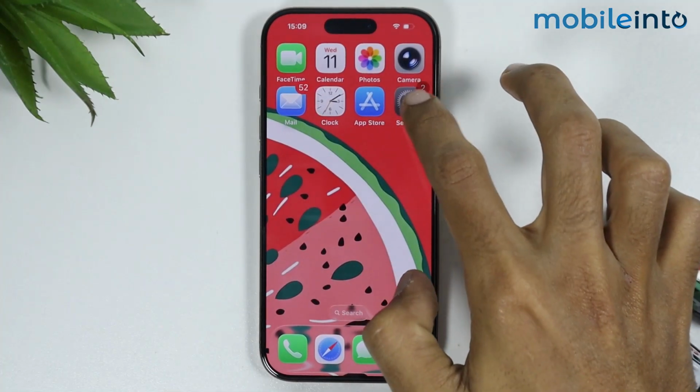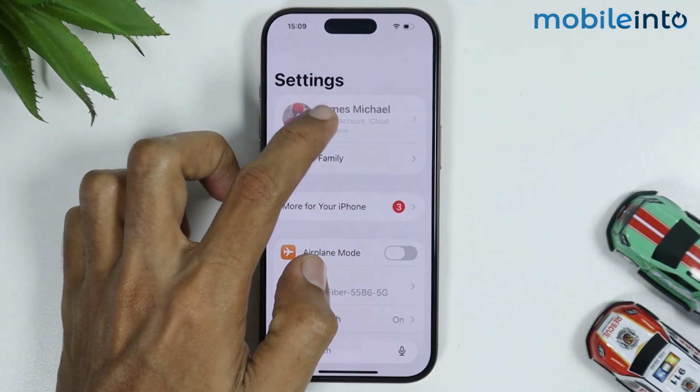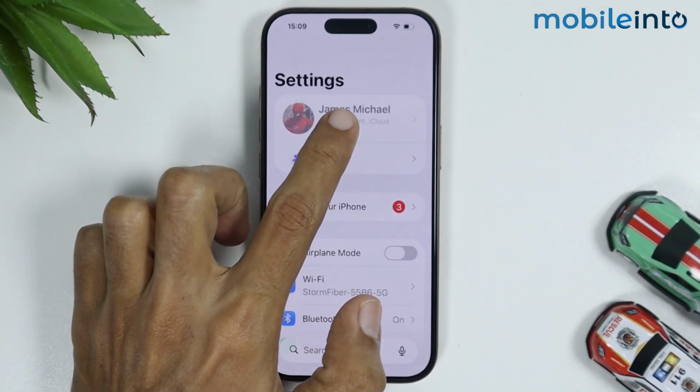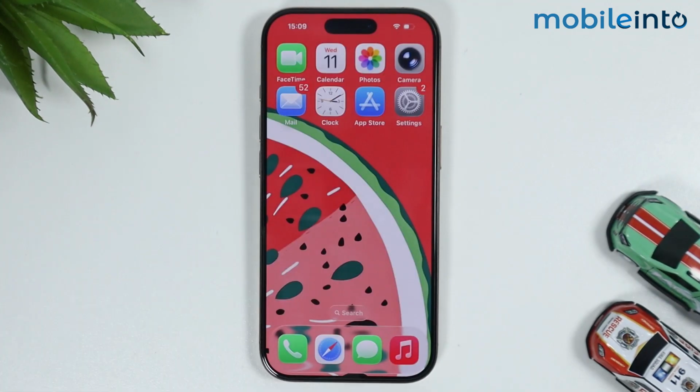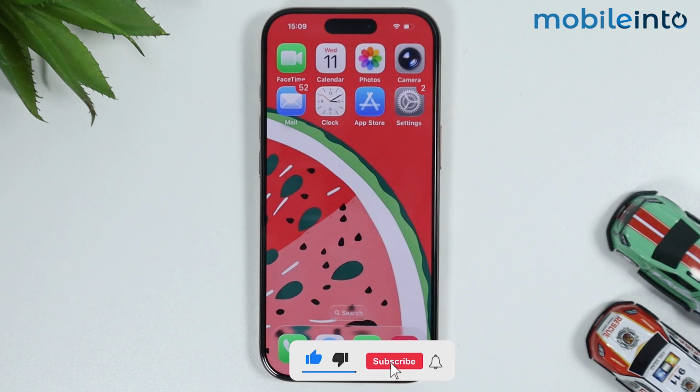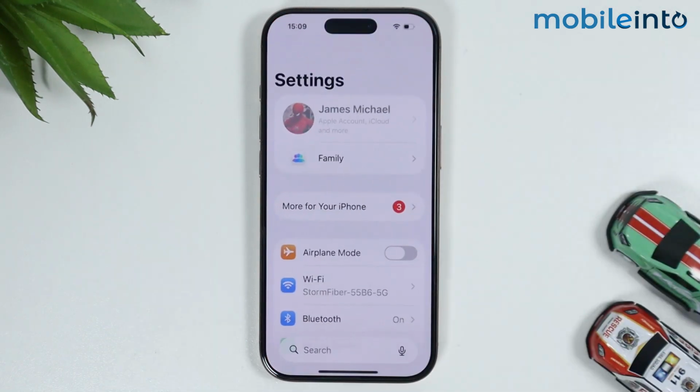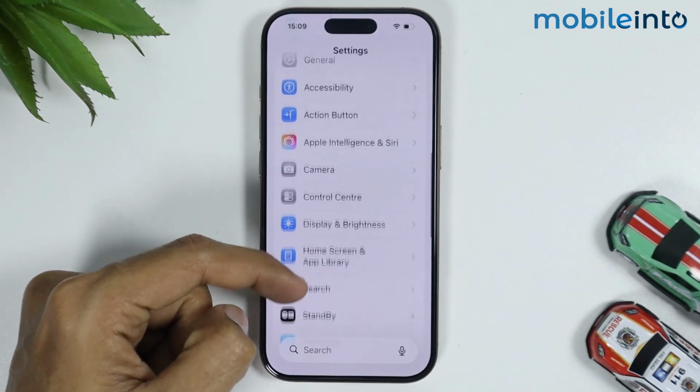If your Apple ID is grayed out on your iPhone, in this video I will show you how you can fix this issue. Before we start, you will need the password of the parental controls on your iPhone. After you get the password of the parental controls, just go to Settings, and under Settings just scroll down